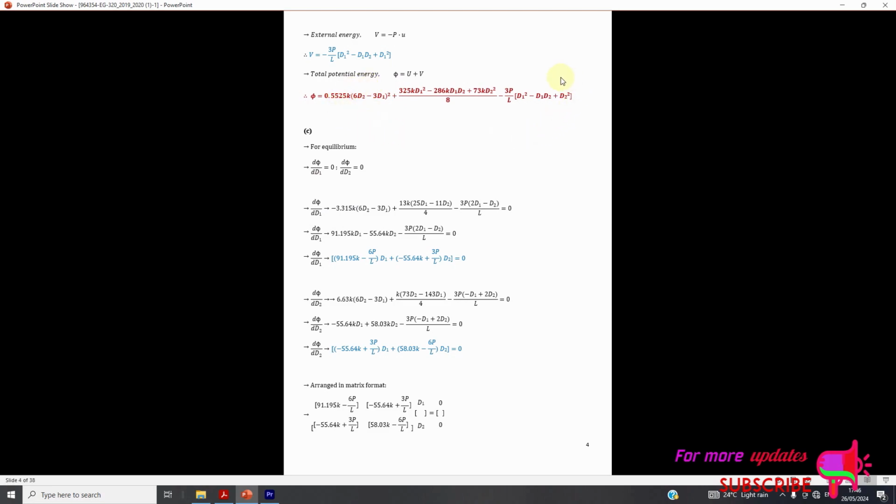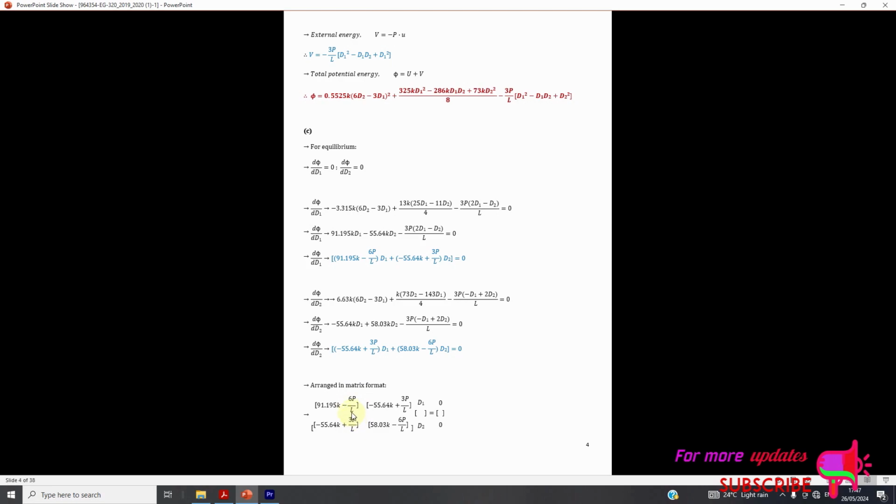Now, if you derive this one in terms of d1, of course, you know derivation and integration. Okay, this is derivation. It's not integrate, derive. Of course, you place these two. Two comes here, and then this one becomes 1. So now we have derived in terms of d1. Again here this comes toward this side, you will remain with this answer. So after deriving and simplifying, you will come to this answer and then arrange in matrix form. Then you get the answer to be